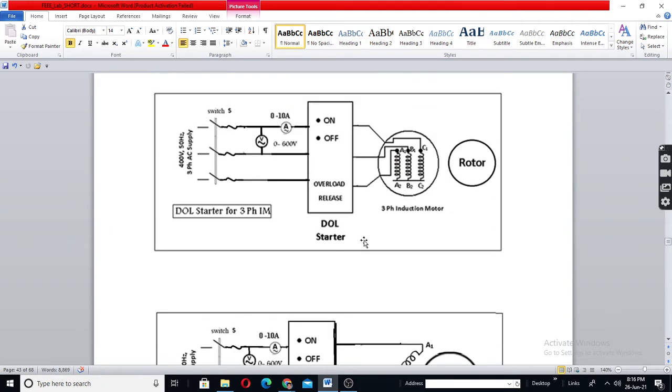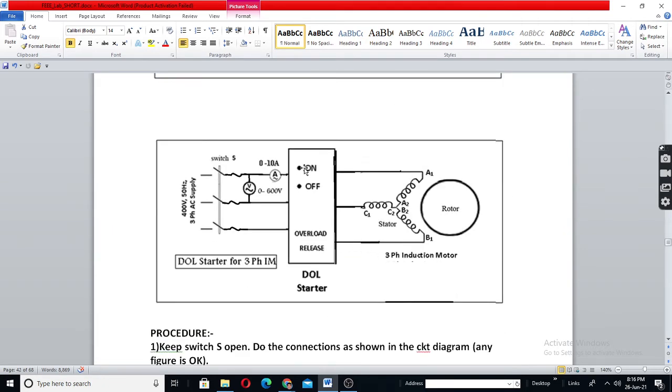Okay, note that when you switch on the green button, the on button, there will be a sudden high, temporary deflection in the ammeter that you will see when you do it in the lab, because motors draw heavy current while starting. In your house, when you switch on the refrigerator, the compressor suddenly runs. At that time, you will see some lights, tube lights, become a little bit dim.